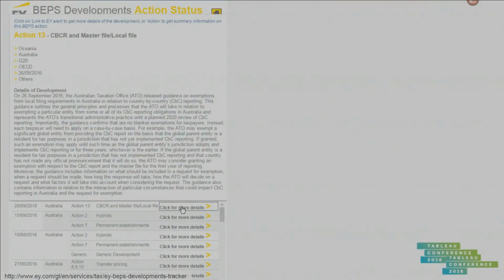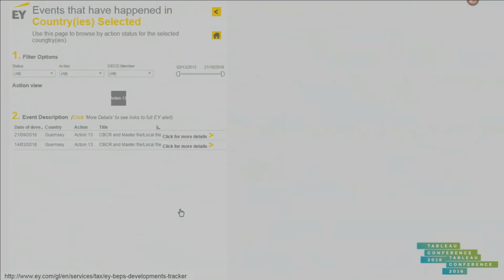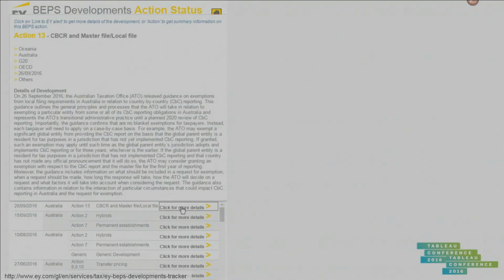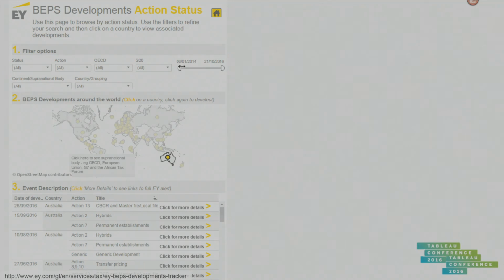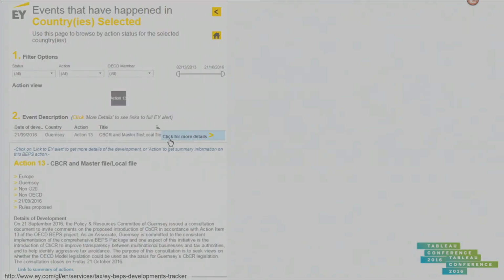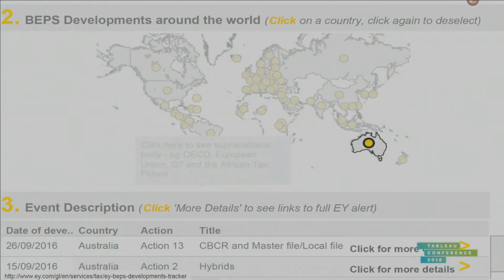This is the same data set visualized in Tableau Public. And this is me looking at what's happening in Australia, and then I could go in and maybe look at what's happening in Guernsey. And then there we go, click through for the information, and that's all that information we saw originally in those dot points on the website as HTML. So this was, they thought, a much better way, and you can tell, far more engaging, although my mouse is going a bit crazy, so I'll just turn that off for you for a second. A much more engaging way of showing that data set.